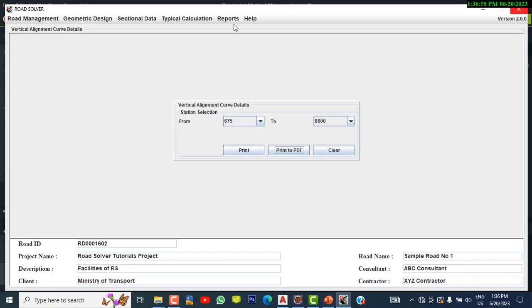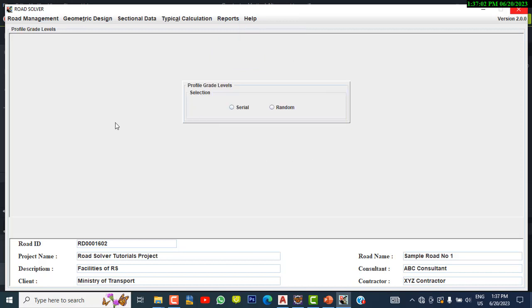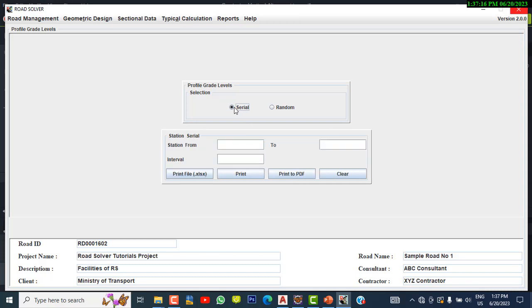Okay, so next we can calculate the profile grade levels. There are two options, one is random, another one is serial. So first you select random. I can give any station with any fraction values, and you will see the PGL calculated and given. The same with serial: you give the stations 675 up to 1000, and I give an interval of 5 meter. So if you print PDF,